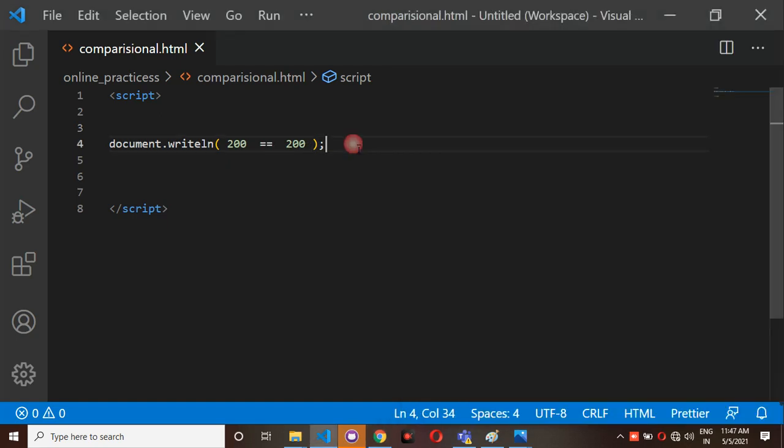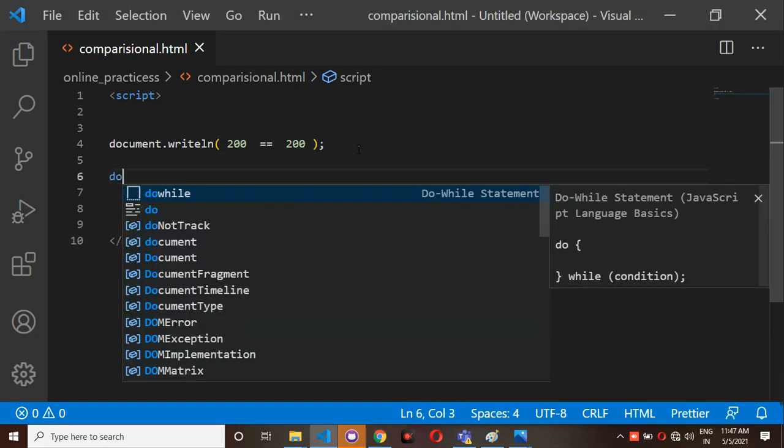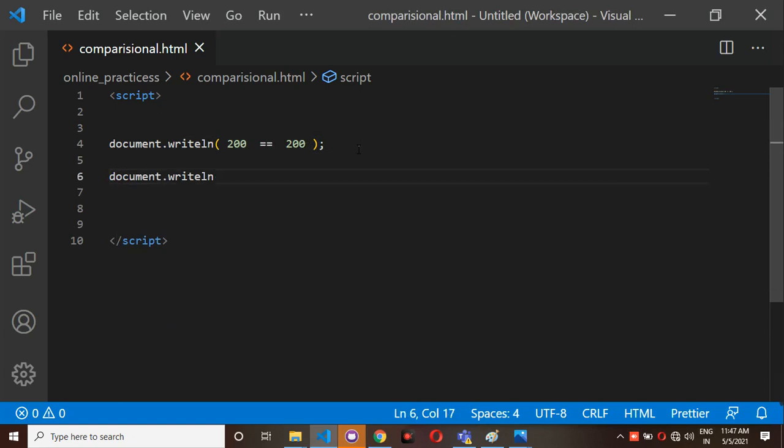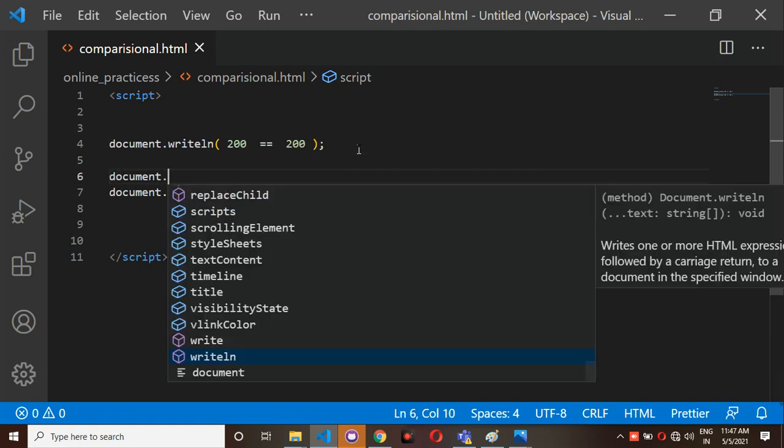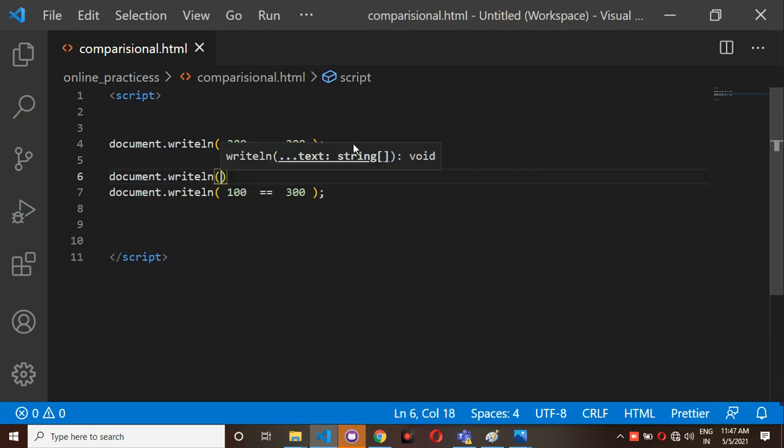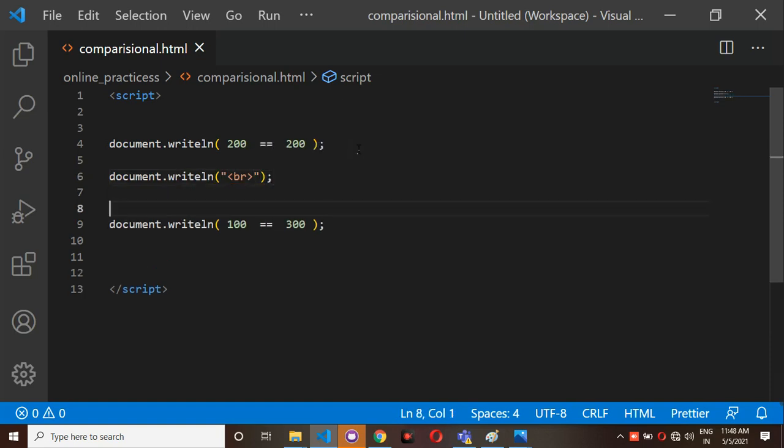But one more condition I am writing here, document.writeln, inside it I have written 100 double is equal to 300. Observe here. In between these I am going to give one break, br. Observe.